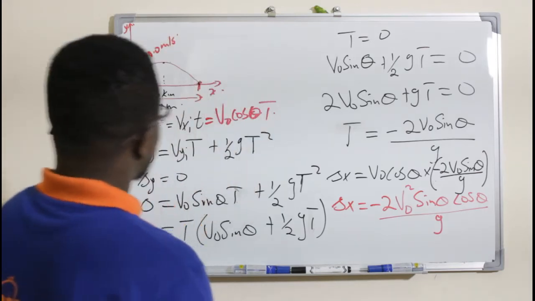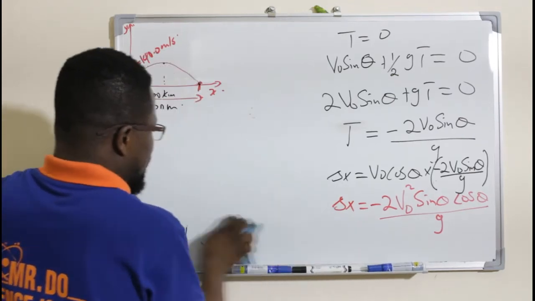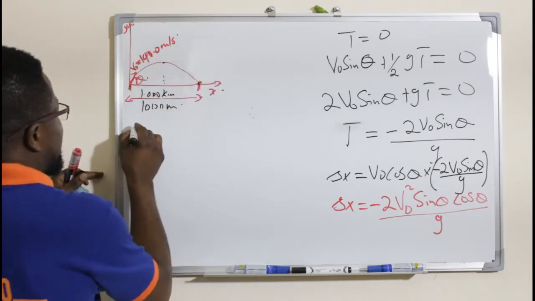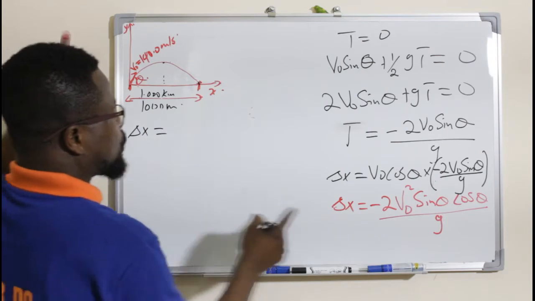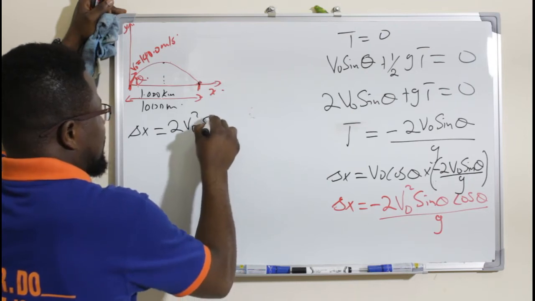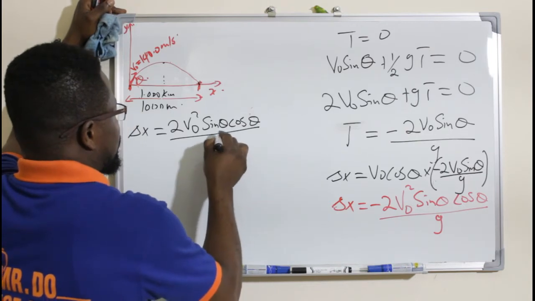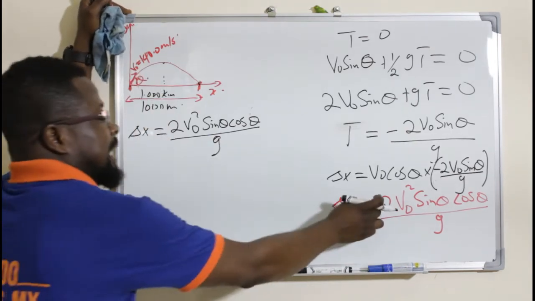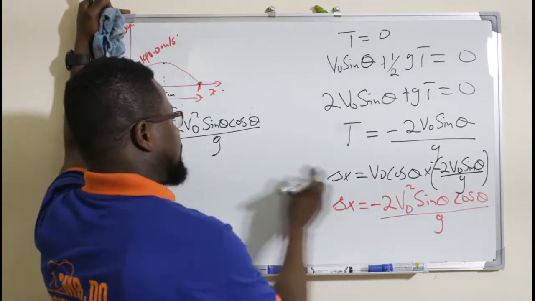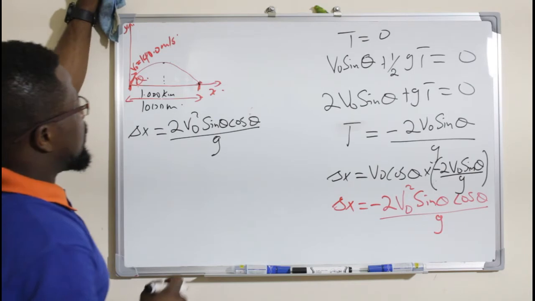positive 9.8. So from there, I can say that this equation here is going to become change in x equals 2 v naught squared sine theta cos theta all over g. Right, good. So now this has become positive, and I've explained to you why I'm making this positive. If I make it positive, then this negative sign is no longer going to be negative. It's going to be positive 9.8. Now let's see. Something interesting is